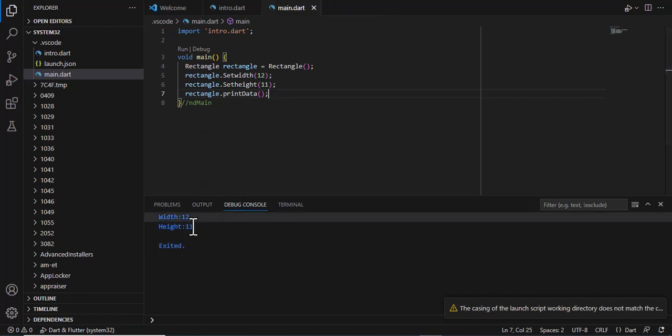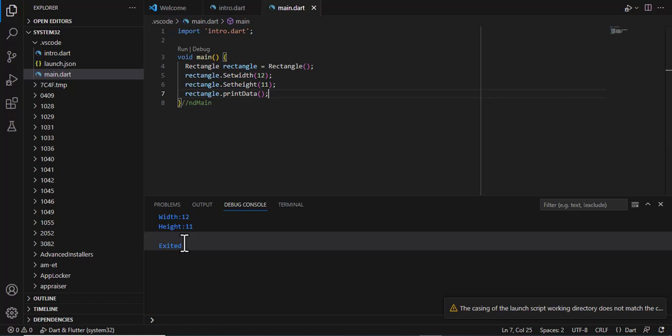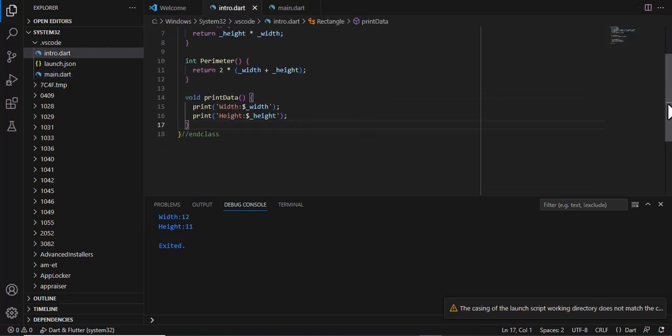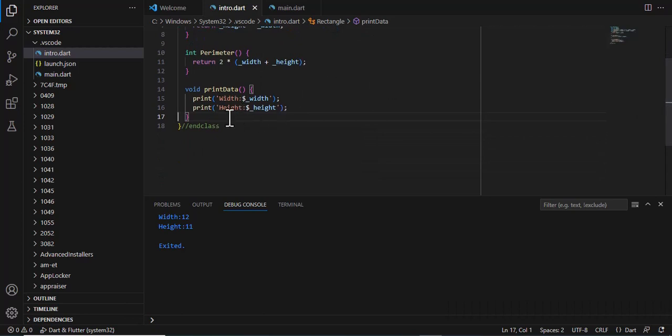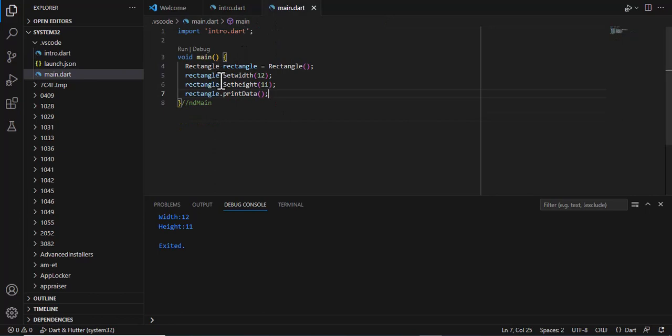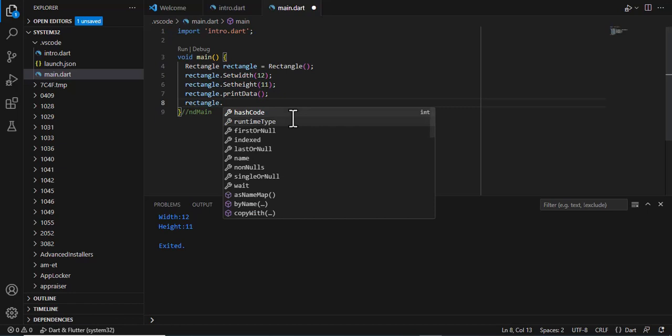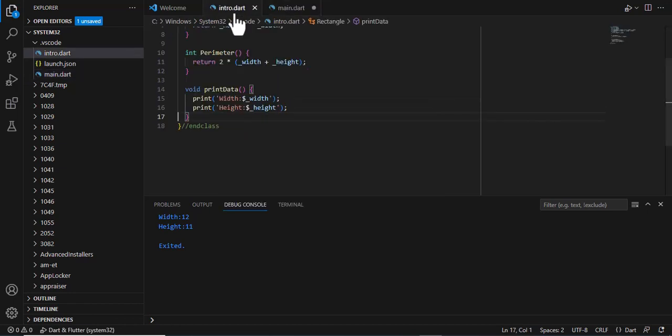The width is 12 and the height is 11. And when I say rectangle.print data, it seems not to be executed. And when I say print data, yes, there it is. This is the method. I have just set the width and the height, and then I invoke this method. So meaning I can come here and say rectangle dot, the method is called, let me check,